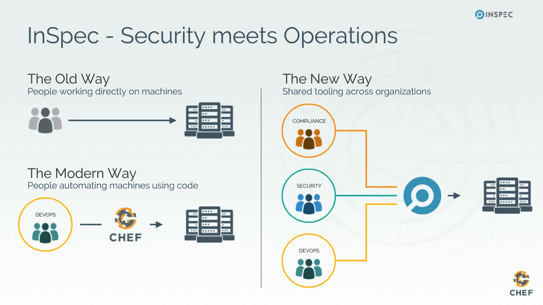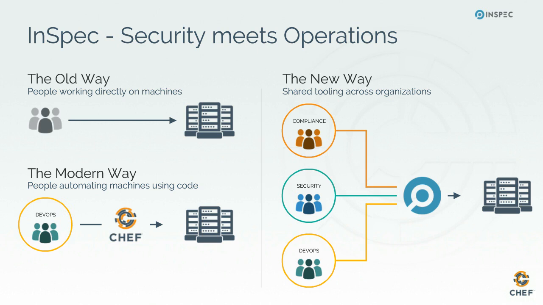Very similarly, right, we have to enable our compliance and security teams to participate in the same kinds of workflows, where they also write InSpec for their security concerns and InSpec for their compliance concerns. And it very well may be that these different teams own different repositories of InSpec code, right? As a DevOps team, I probably own the functional testing pieces of my InSpec code. Security teams are probably locking systems down, and compliance teams, they want to make sure that the requirements of the framework that they're trying to follow are met.